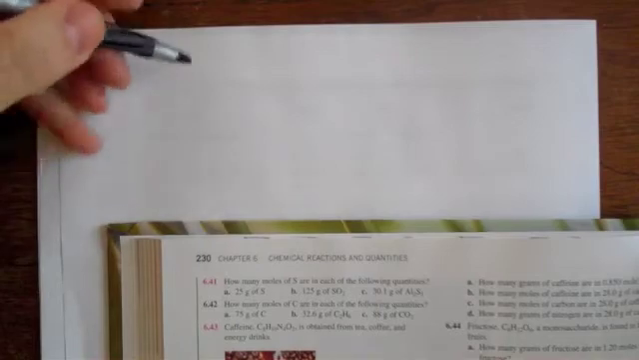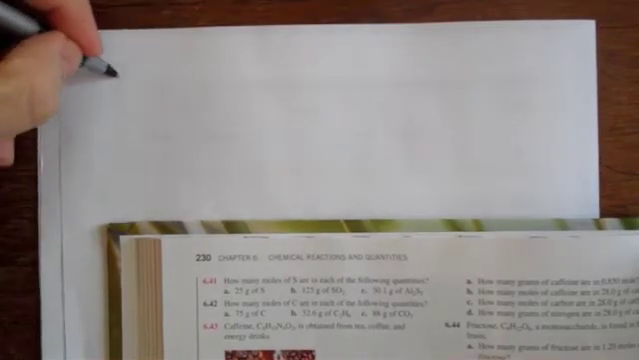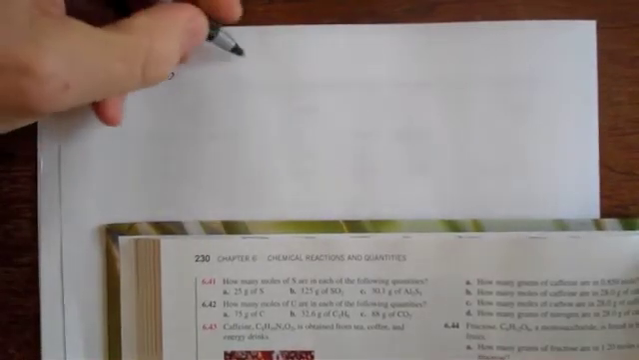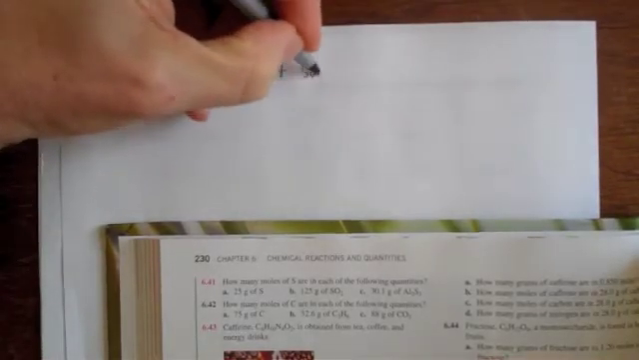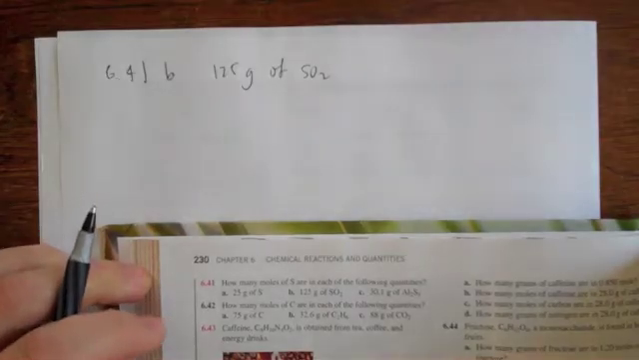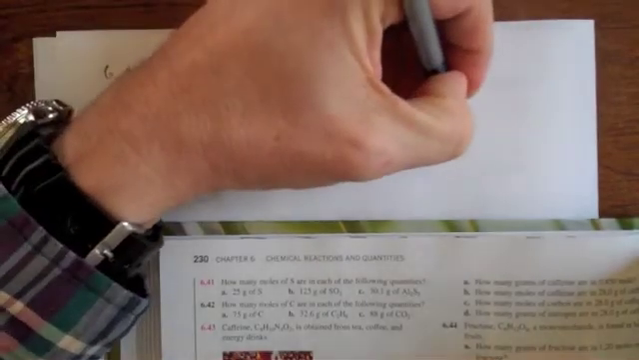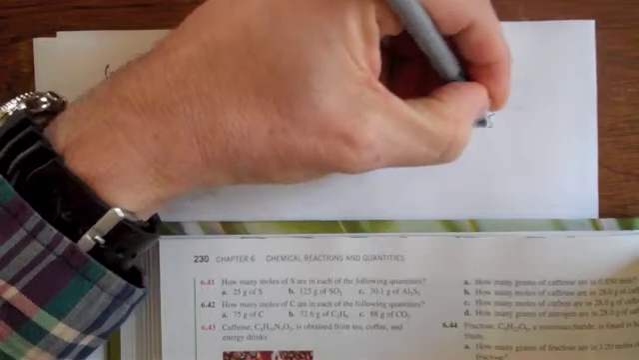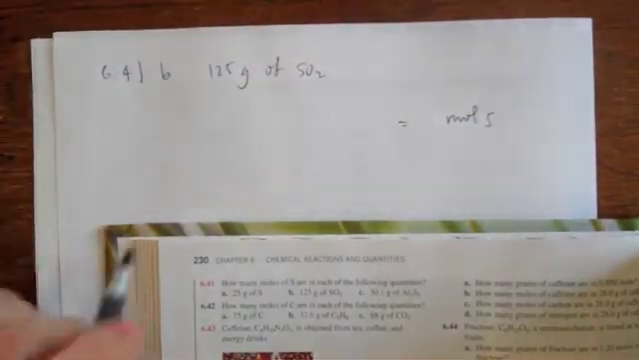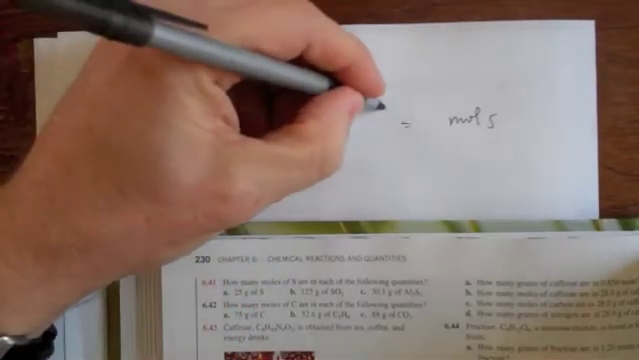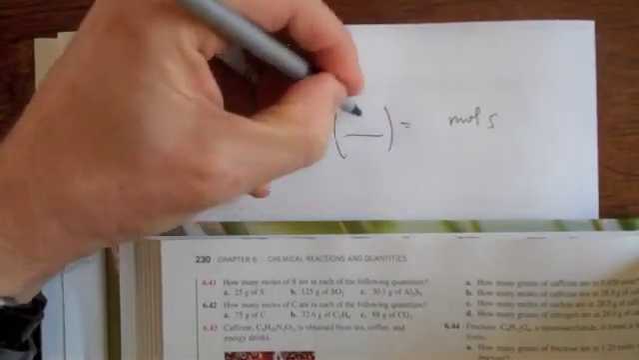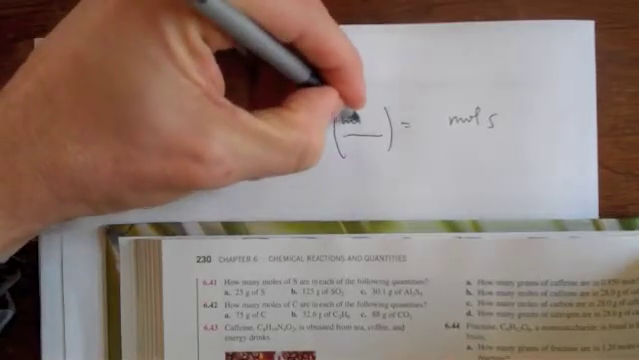But what I'd like to do is start out with B and show. I'd like to start out with B, 6.41B, 125 grams of sulfur dioxide. And the question is, how many moles of sulfur are in 125 grams of sulfur dioxide? So what I'm going to do for this, you know what goes right here, right? It's moles of sulfur,